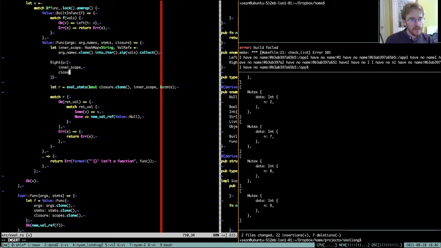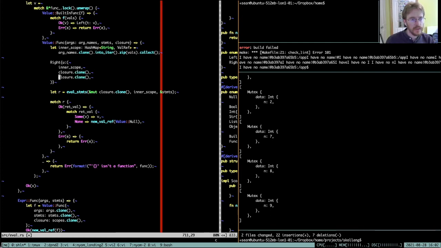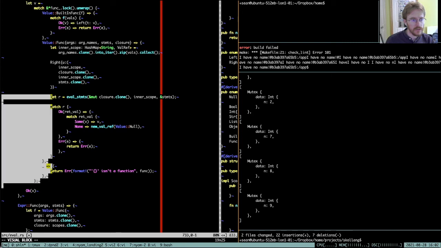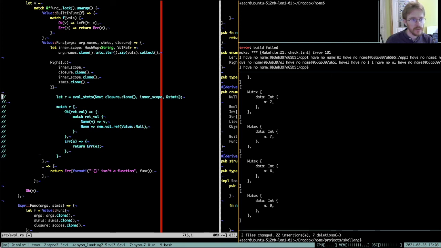Again, clone the closure, same as we would do there. Probably clone the inner scope. I can probably remove some of these clones in a second, but I'm just going to do what I can to get this working first. And then